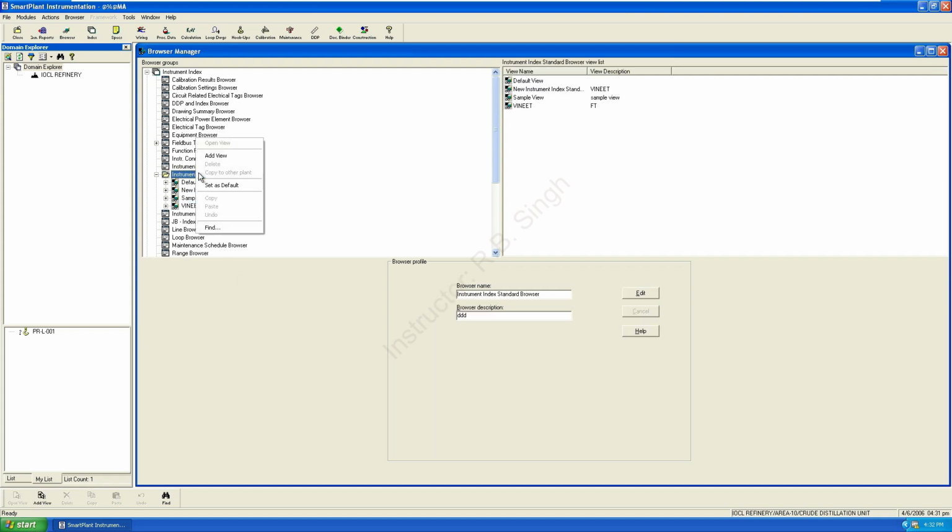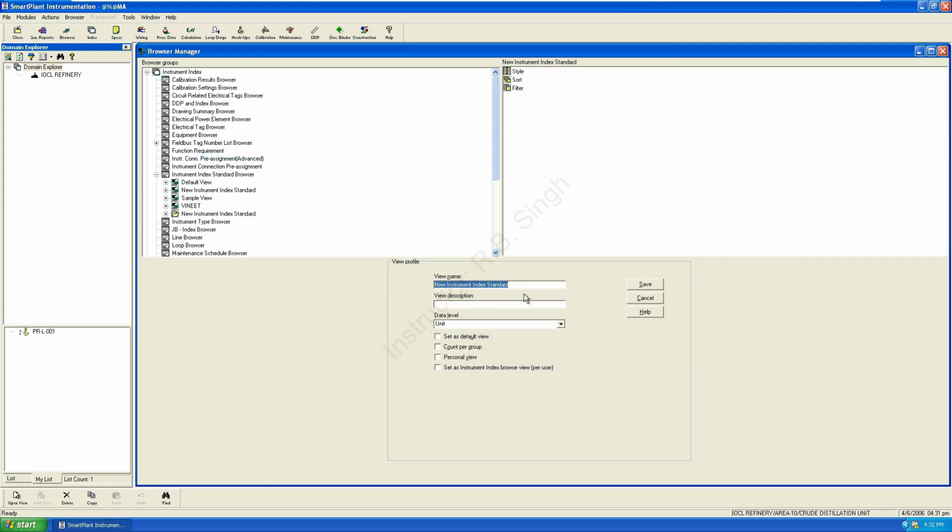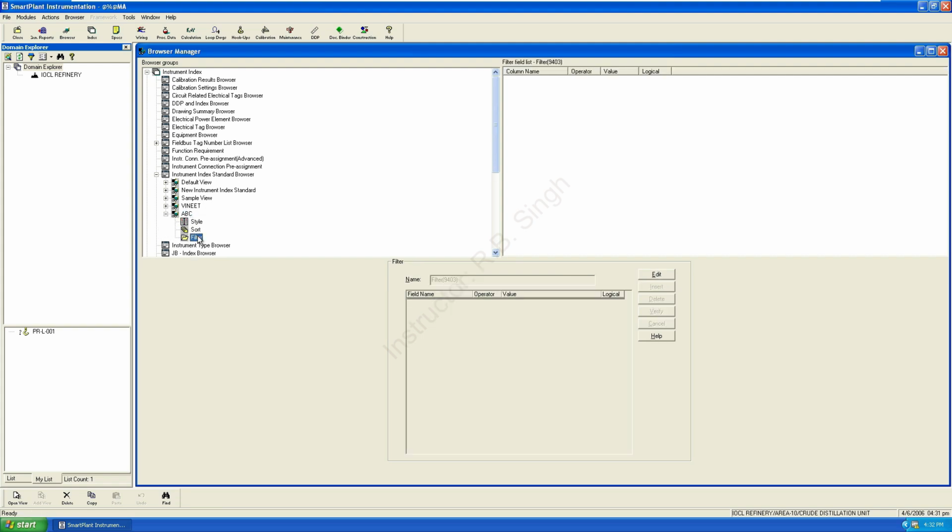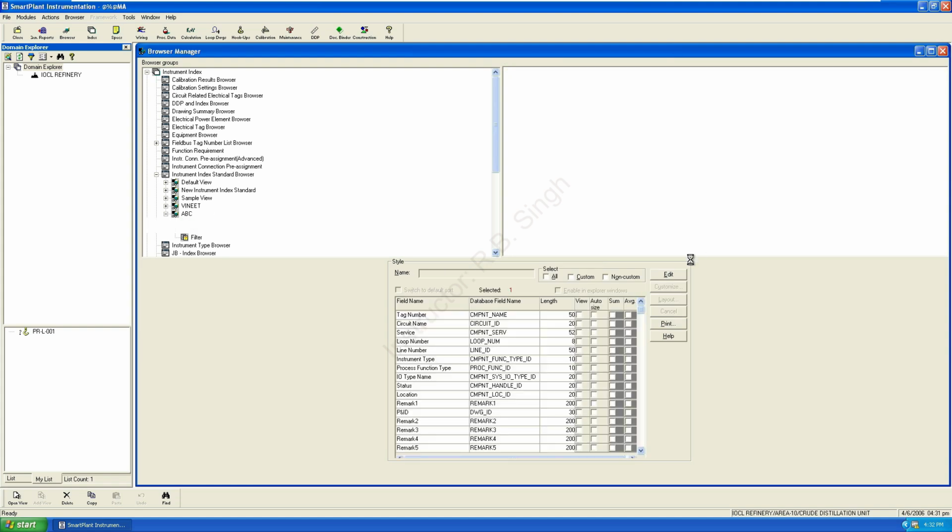And if you want to create something new, just like add view, then you can also create your own view by clicking on add view and entering ABC. You can create it by plant level, save it and just open view. It will not change anything because the style has not been created. Now ABC, this is the filter options, this is the style. So select,